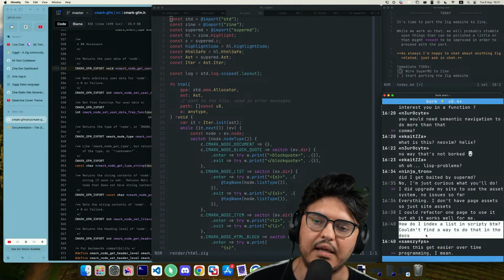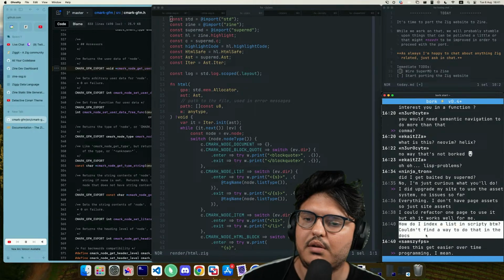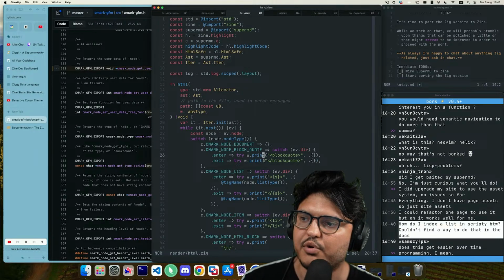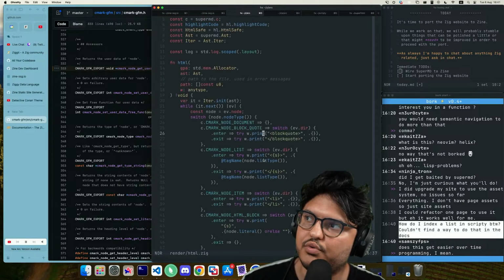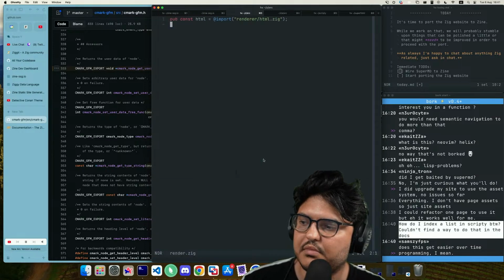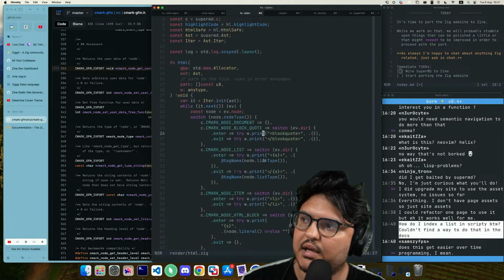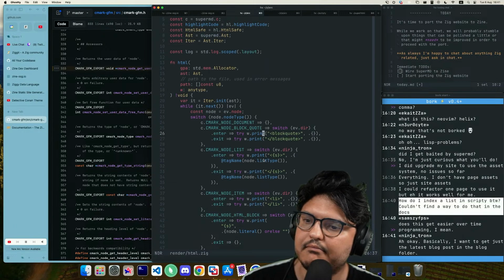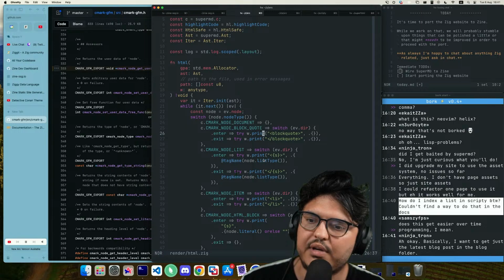And that will be the looping index. Does this get any easier over time, programming, I mean? It does. Yeah, the more you get used to it, the more you know what you need to do to get things done. It's not bad. I want to get just the latest blog post in the blog folder. Okay. I see.